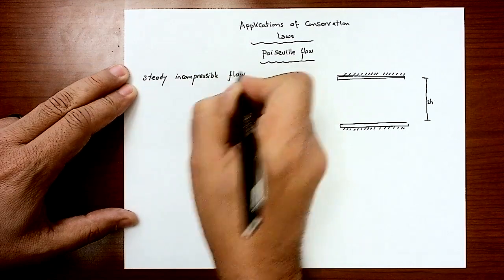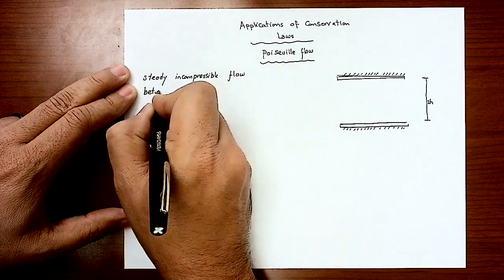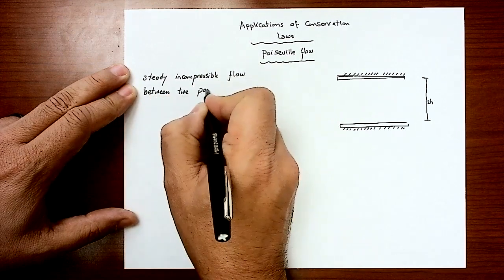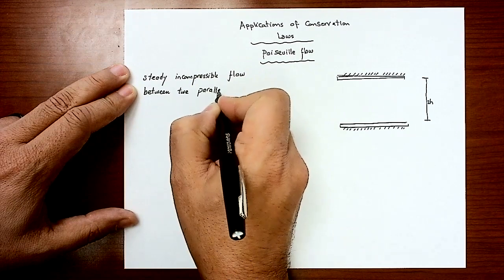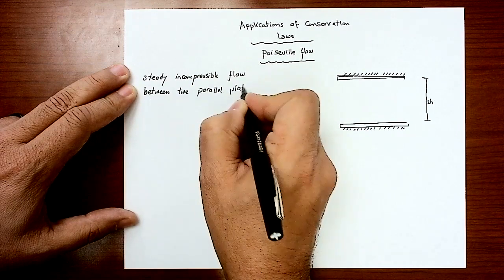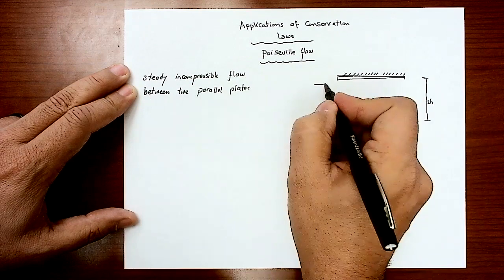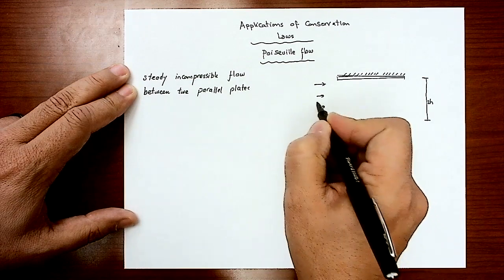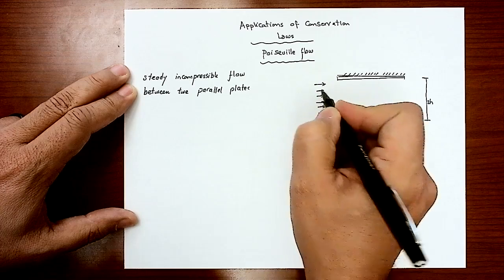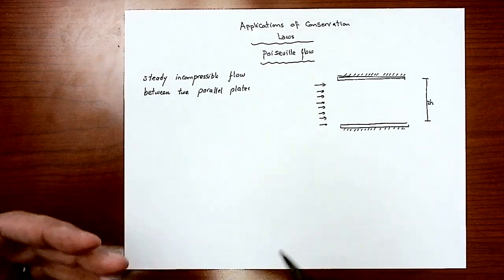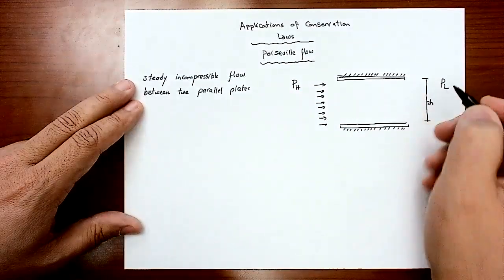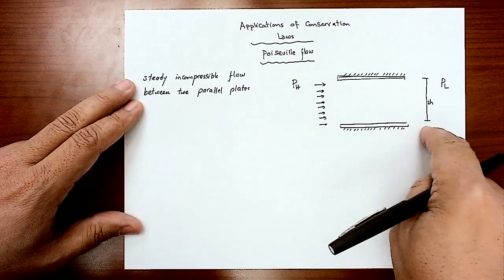But in this case, the fluid is driven externally. So there is a source of that fluid here, which means that there is a driving pressure. There is a high pressure here, there is a low pressure here, and that pressure difference is driving that flow